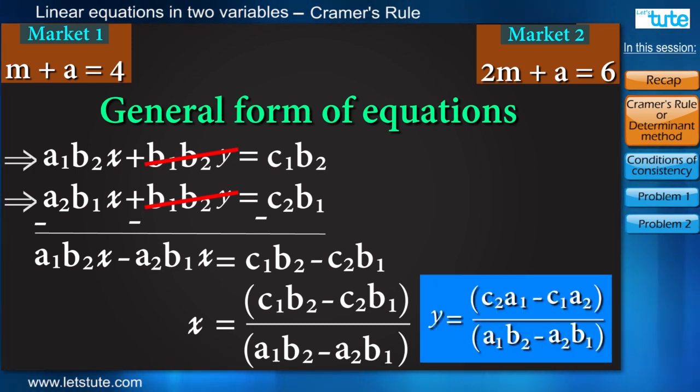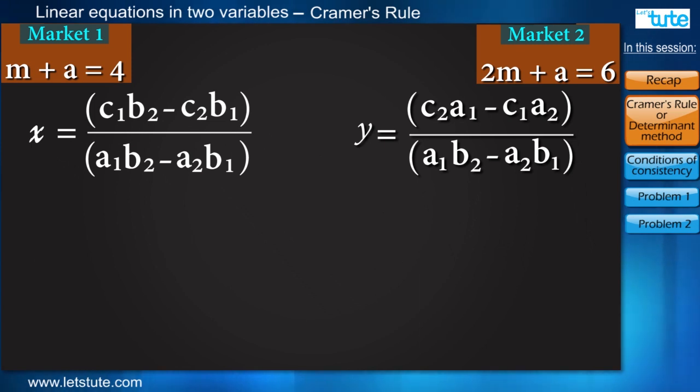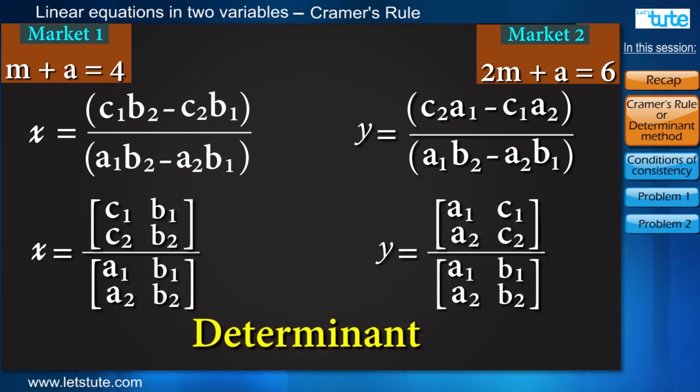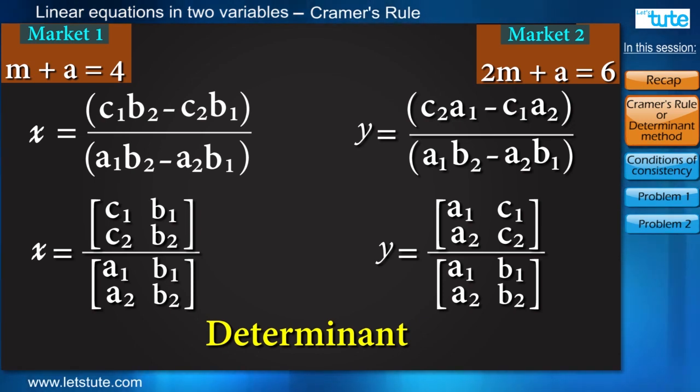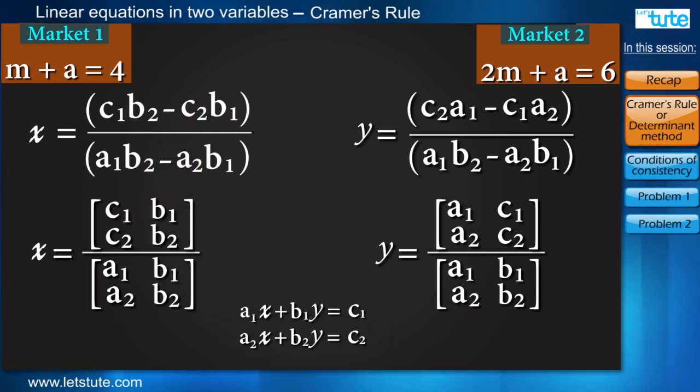So you notice that by this method of solving, one only needs the coefficients and constants. But this expression looks a little complicated, right? There is another way to represent the same thing, and this form of representation is called determinant. Values will be the same, as a determinant is simplified by cross multiplying the first diagonal, then putting a negative sign and multiplying the elements of the other diagonal. And also, this is very simple to get from the equations.